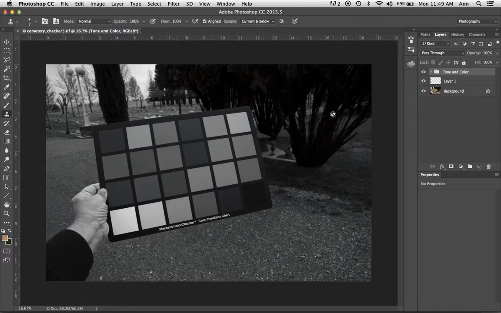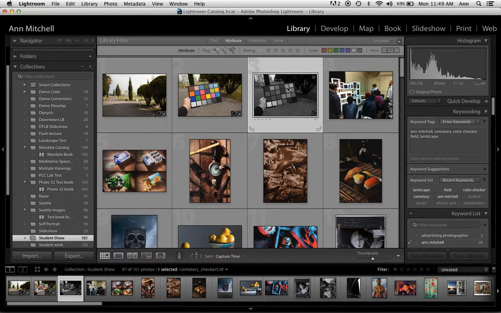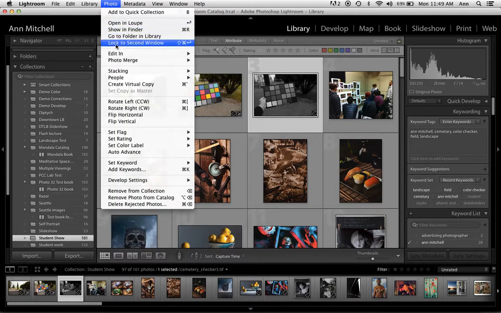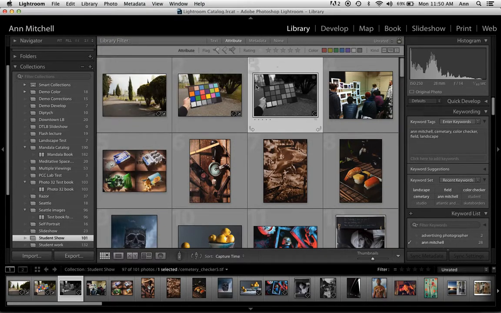There's a nice thing about doing that editing in Photoshop method in Lightroom, because when I go back to Lightroom, you will notice that the image that I did Photo, Edit In on, Lightroom knew, yeah, I'm going to hold on to this. And so it's already in my Lightroom catalog. Alrighty, that's the end.